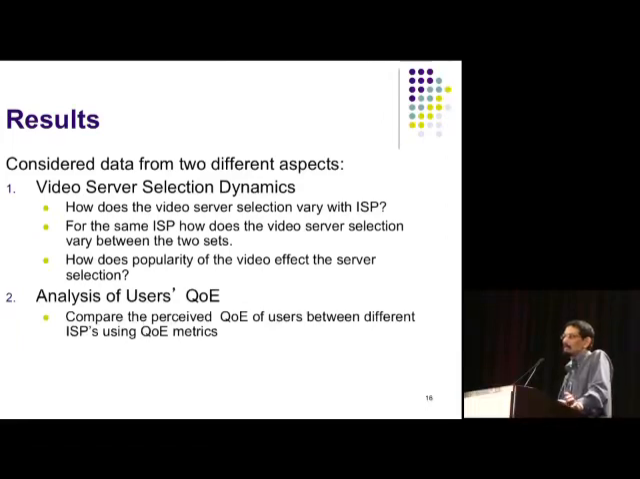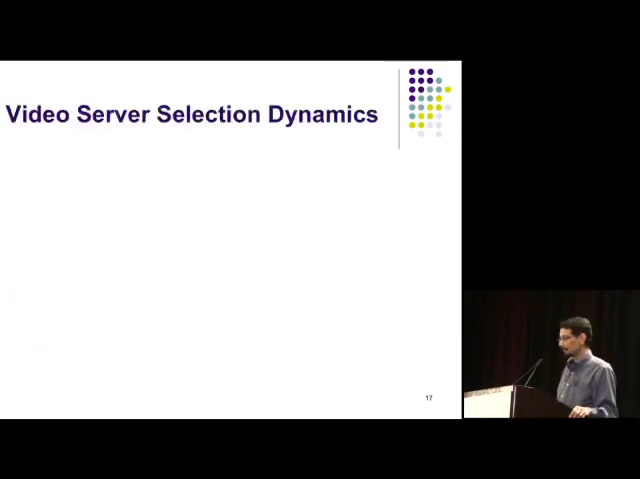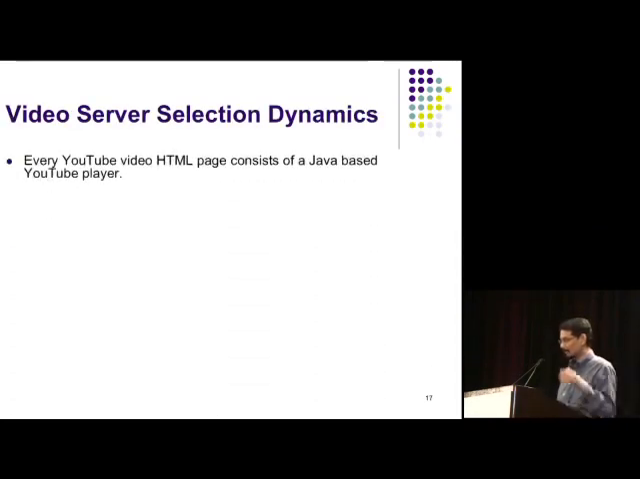The study can be sort of divided into two parts. One is about the video server selection dynamics, and second is about the quality of experience associated with the metric that we wanted to collect and how that is done there. So what we find out is that,